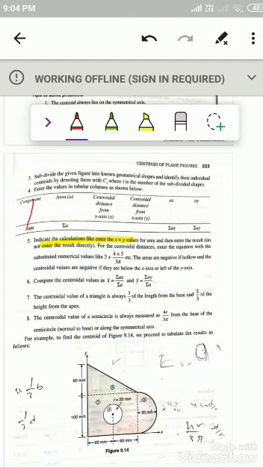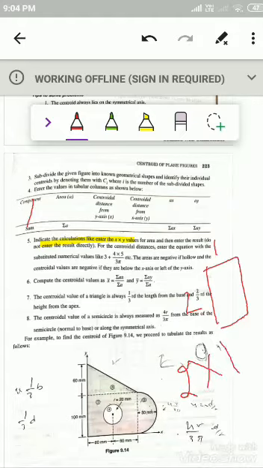You don't write the value directly in the tabular column. Suppose there is a rectangle of 2 meters by 1 meter. Don't write it as a 2. You have to write it as 2 into 1 in the column itself. Clear? You just write 2 into 1 only. That is what it means to indicate the calculations like X into Y in your tabular column. Don't write the value directly. Clear? And next, just observe this point.